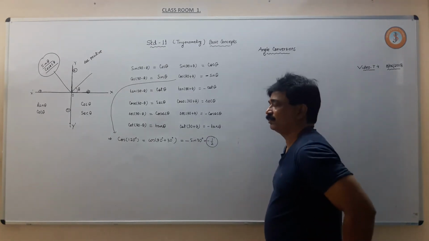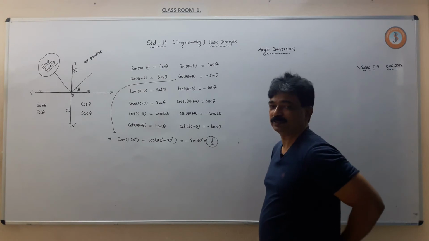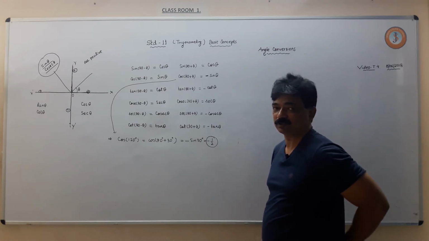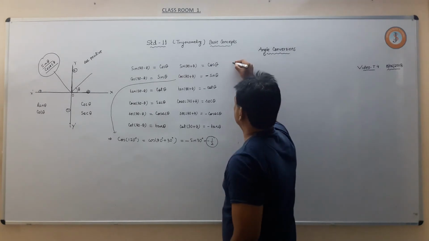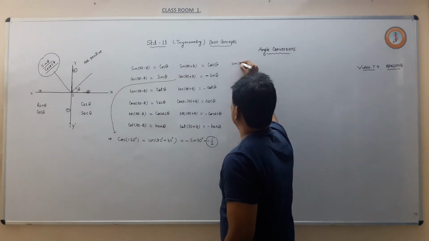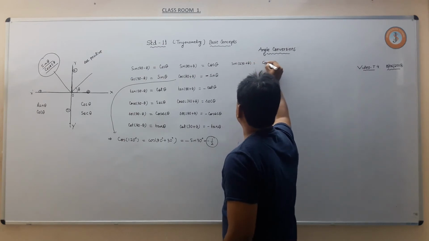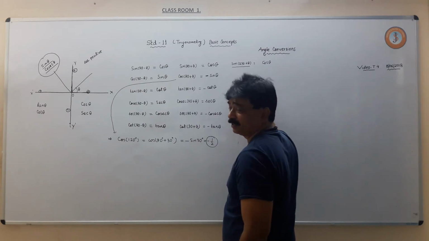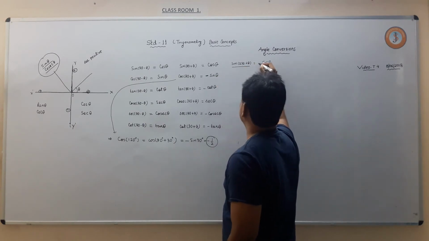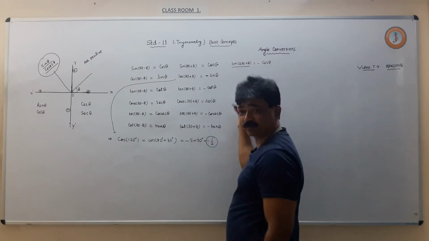270 plus theta obviously will be in the fourth quadrant, so the result of only cos and sec will be positive. So suppose I just take sine 270 plus theta, it will be cos theta, but the result of sine in the fourth quadrant is negative. So same way